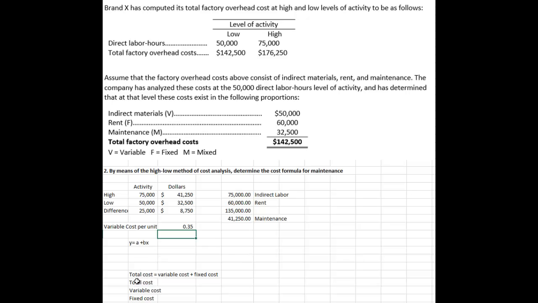And so what we know is that, this is another way of saying it, total cost equals variable cost plus fixed cost. My total cost, and here's where I can pick either the high level of activity or the low level of activity, and I'll pick the high level of activity just because, no reason. My total cost for the mixed cost at the high level of activity is $41,250. My variable cost, we know, is 35 cents per labor hour. So I multiply the 35 cents times the 75,000 direct labor hours. So I know now I can plug this into the formula of total cost equals variable cost plus fixed cost. Total cost is 41,250. Variable cost is 26,250. Therefore, my fixed cost has to be the difference,